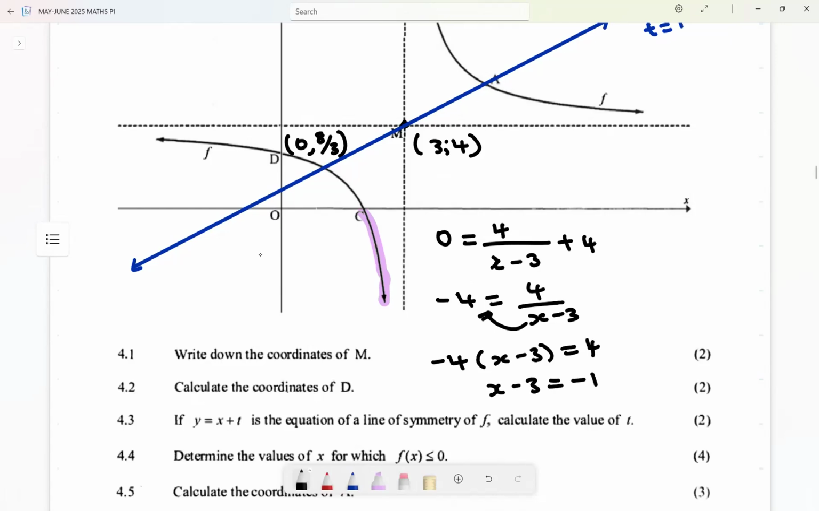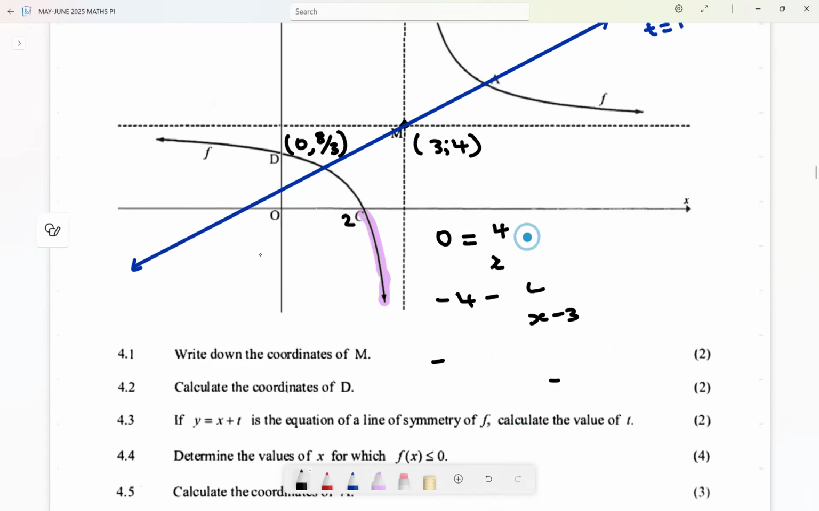And then take this 1 to the other side. It's going to be x equal to what? 2. So the coordinate here is 2 and 0. But I'm just interested in x. It is 2. So if x is 2, guys, then I can say, therefore,